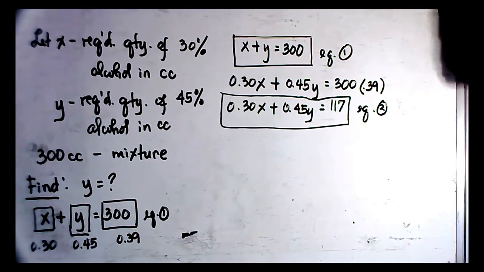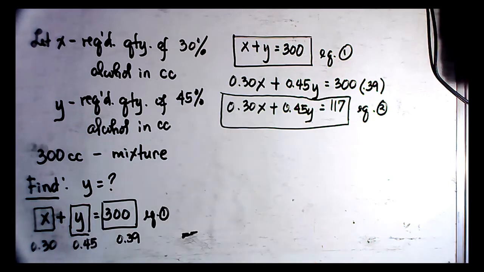Take note that these two equations can be used to determine the two variables. Remember the rule in algebra that if you are to determine one unknown, you only need one equation. If you have two unknowns, then you need two equations. You solve the two equations simultaneously, and you will be able to determine the value of x and y. How do you do the simultaneous solution? It could be either addition or subtraction. So in this particular case, then we shall have,